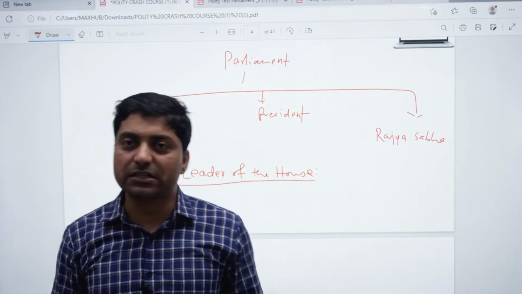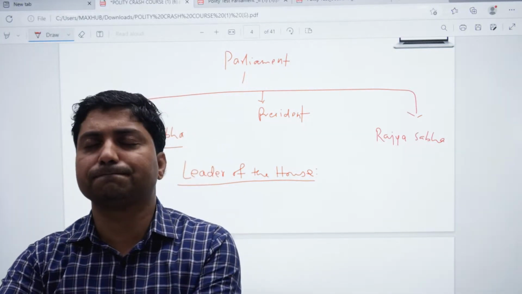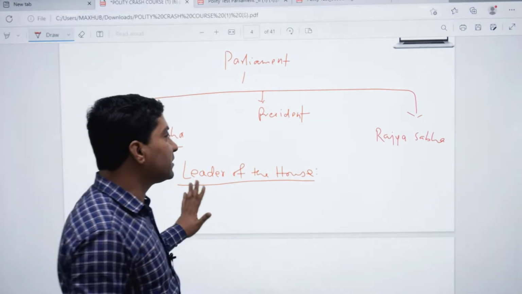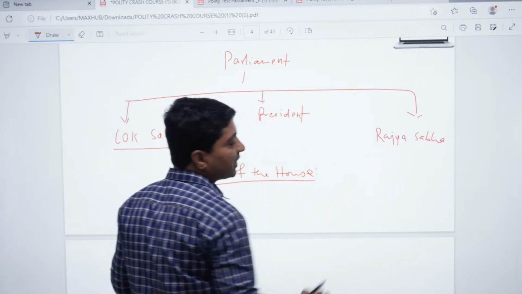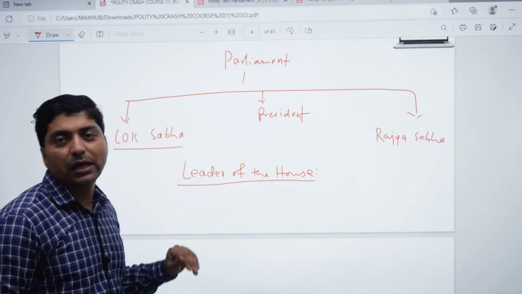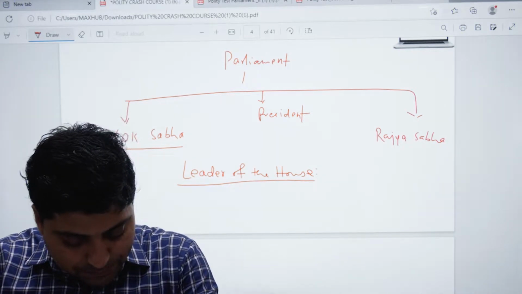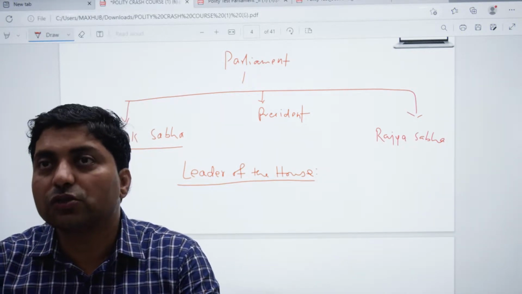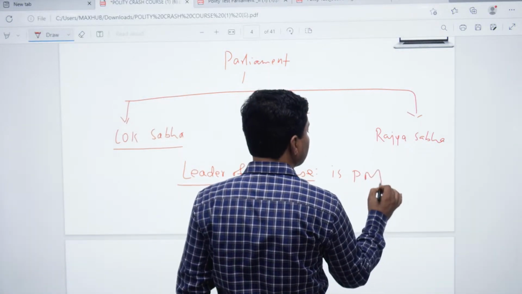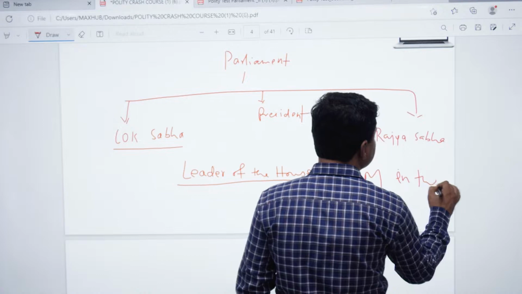If I change the condition, for example, Manmohan Singh was the leader of the house in the Rajya Sabha because he was a member of the Rajya Sabha. And who was the leader of the house in the Lok Sabha? Any minister nominated by the Prime Minister. So the leader of the house is the PM in the Lok Sabha,